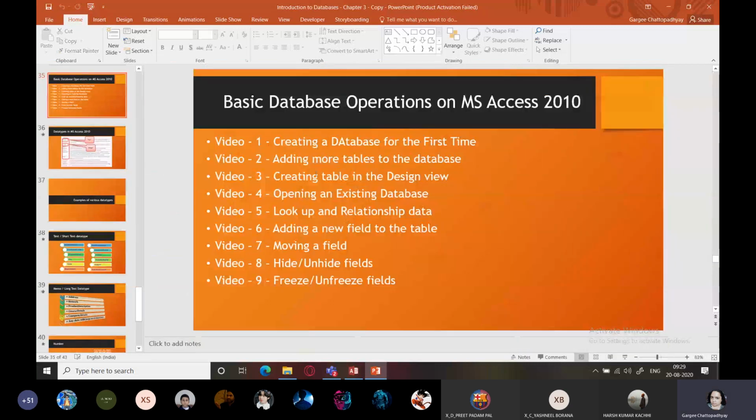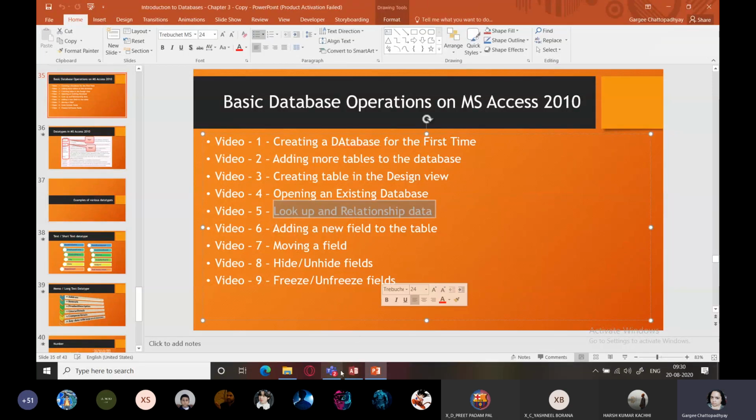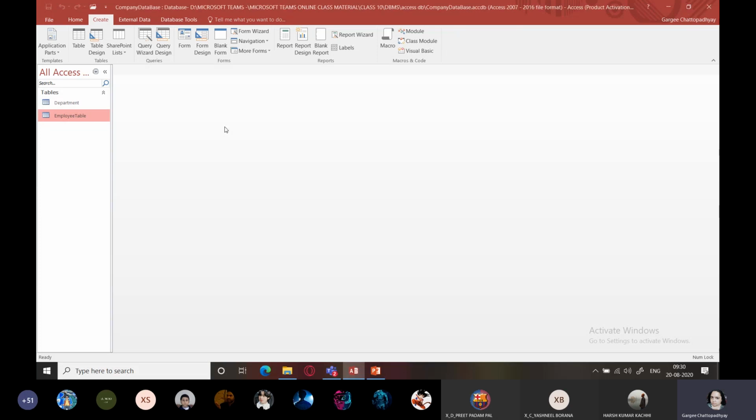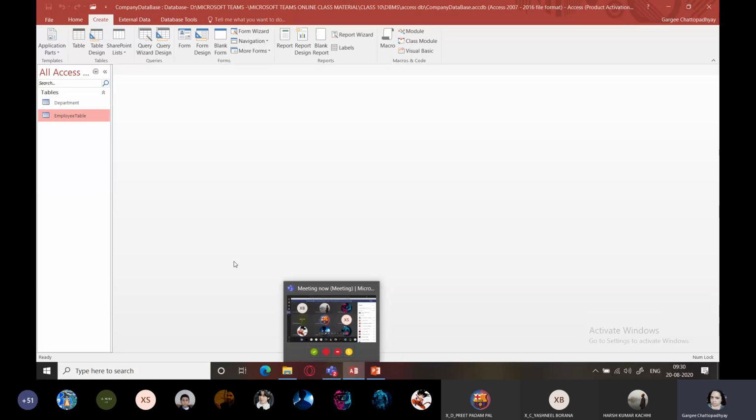Yes, next is creating a table in the design view. We have already done that. Opening an existing database also we have seen. Lookup and relationship. So let us try to do this now.